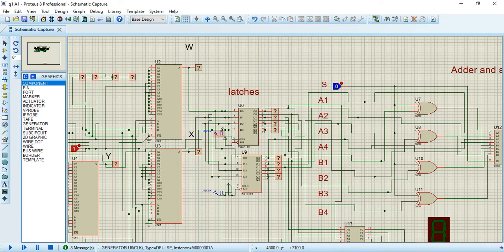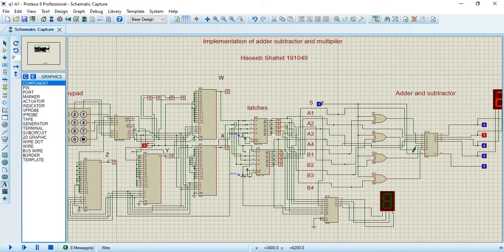When the pulse is high, it stores one value and the latch is closed. After that, when the second input comes, our second latch input is high, our pulsating signal shows high, and it stores another value in our second latch. In this way our binary code is stored in the latches, and we have succeeded in getting two different binary inputs from a single keypad. Now we will implement the adder and the subtractor.